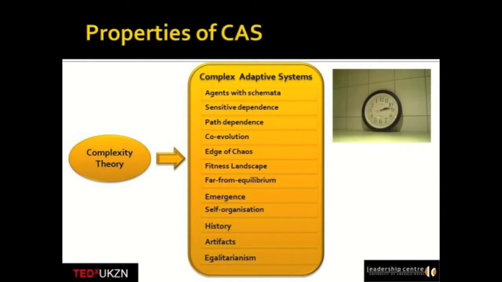A corollary to that is path dependence, which essentially says that history matters. Even if we have two systems that look very similar, the likelihood of the outcomes will be very, very different, because history matters. Where we come from matters, even though what we look like right now might look very similar.